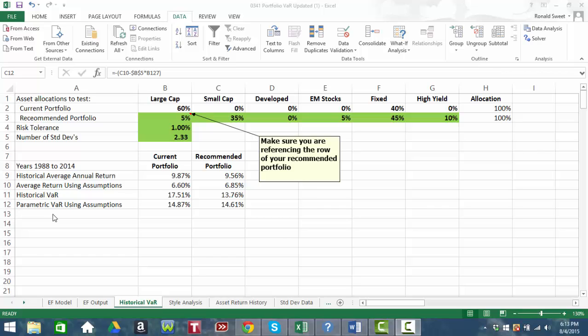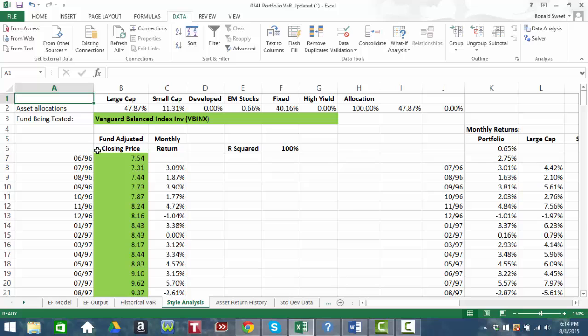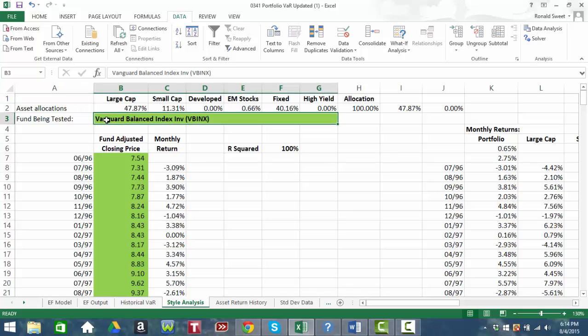In this last video, we'll walk through how to do the style analysis. Style analysis is a pretty interesting approach to assessing what risk and what exposures you have in an investment portfolio. So if you go to the Excel file at the bottom, you'll see it says style analysis next to historical VaR. If you click on that, you'll see that it's set up for the Vanguard Balance Index Fund,